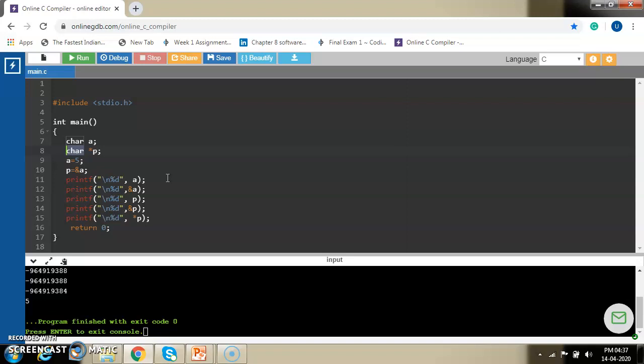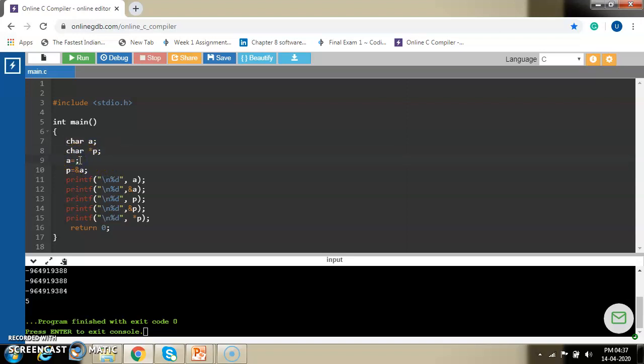It always stores an unsigned integer because it always stores the address. Why is the data type required then? The data type is required to tell that p is a pointer that points to the character type of value. So whatever value it has as an address, that address contains the character variable. That is very important to understand.